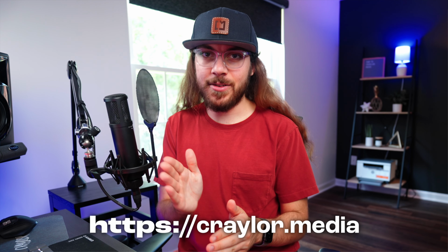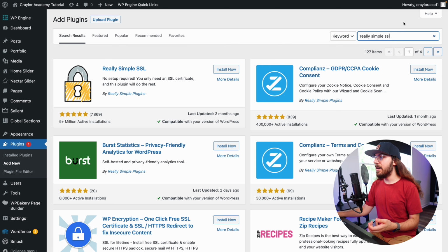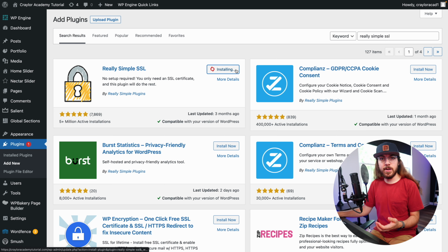And sometimes I find that even if you have SSL installed and active on WordPress like we do here, occasionally it will want to load on that not secure URL. And this can be fixed just by going to https:// in your URL, but your user should never have to remember to do that. And what this plugin does is essentially ensure that redirects are set up and that everything is enforced, so no matter how your user types your domain name, the lock icon is going to show every time